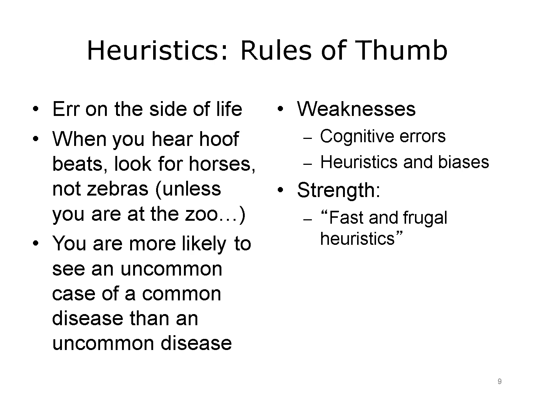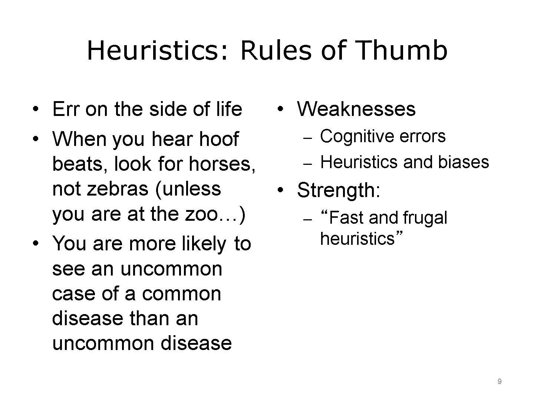The third heuristic is you are more likely to see an uncommon case of a common disease than an uncommon disease, which means that even if it seems like a rare condition in terms of probability, it's more likely to be a common one. There are drawbacks to using heuristics because they can lead to cognitive errors and biases. However, they provide a fast and frugal reference point, facilitating an appropriate working diagnosis with a minimum of resources, including